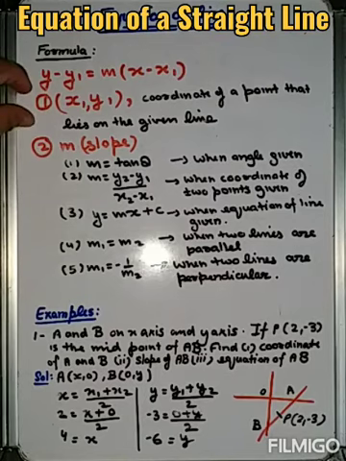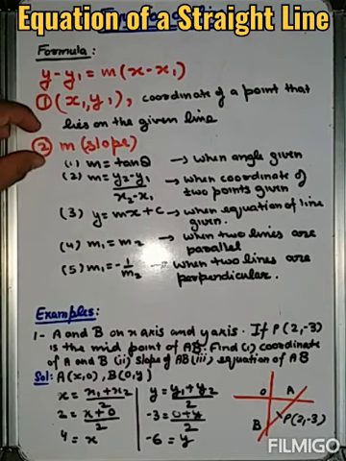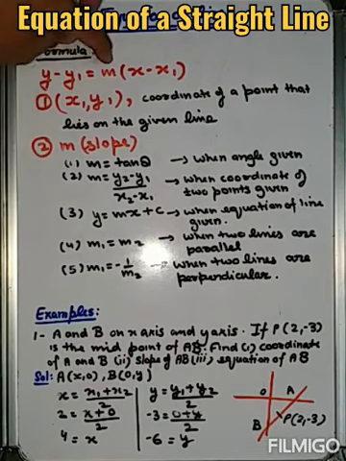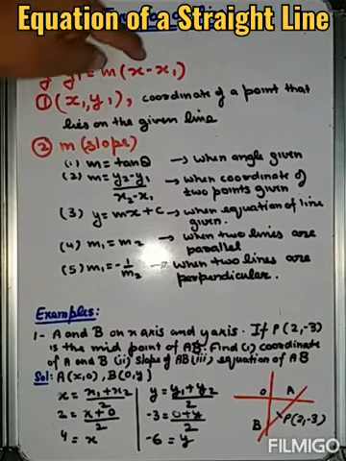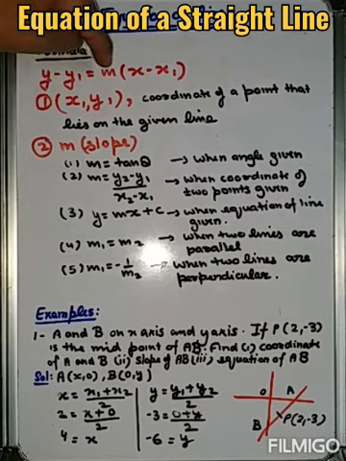So if we get coordinate of the point, if we get the slope of the line, then we apply these two values, m, x1 and y1 here. Then we get the equation of line. We don't have to put any value of x or y here, because always the equation of line is in the form of x and y. So we have to put the value of x1, y1 and m only. Let us discuss with example.